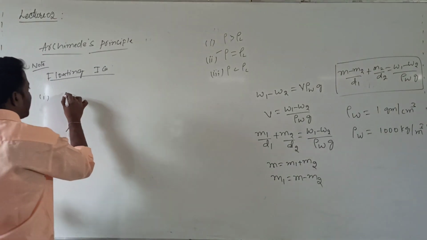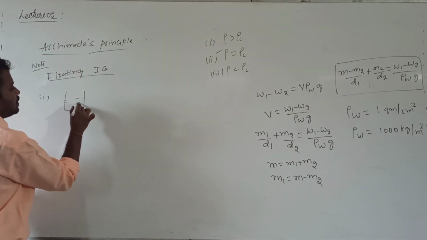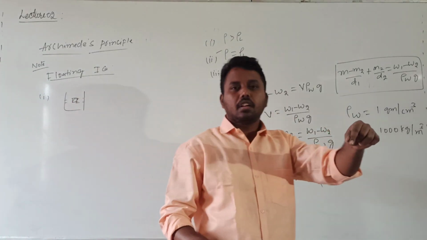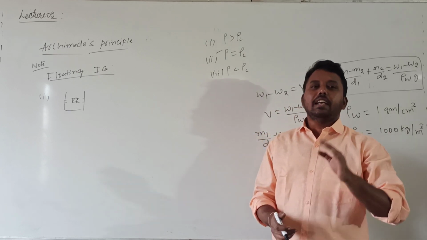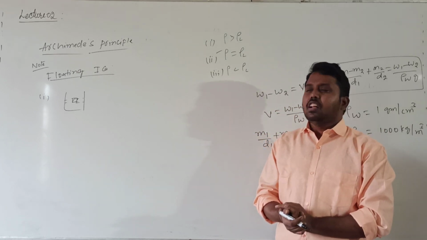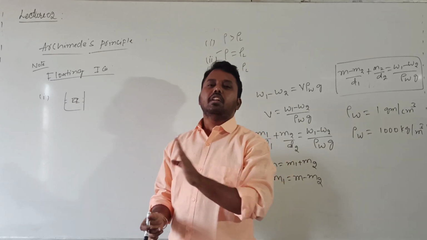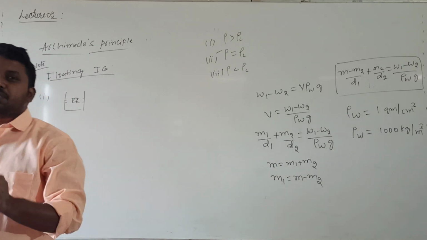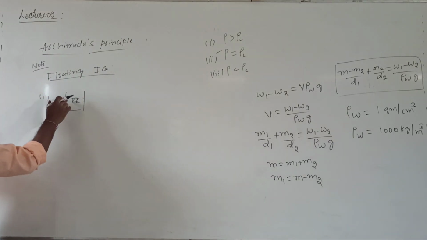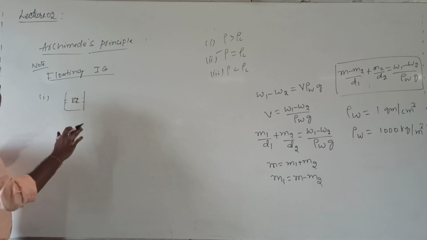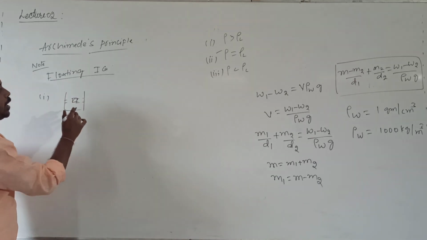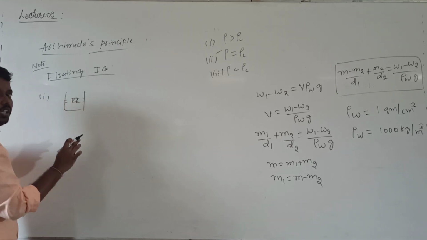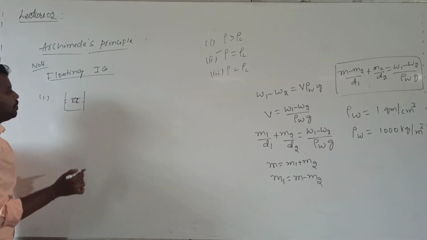Now what I have taken is, in a container, one cube of ice. The ice cube which was thrown is floating in water. If that ice cube melts, then what happens to the water level? The water level will not change, it will remain the same. Okay, the first point is clear now. The ice which is floating in water, if it melts, the water level remains the same. Already it is floating, meaning it is sunk to the required extent. After melting into water also, the water level will remain the same. That is the first point.